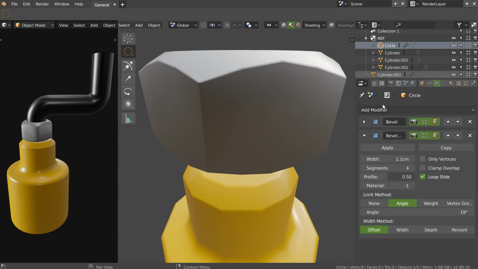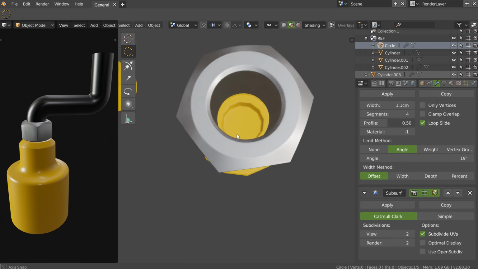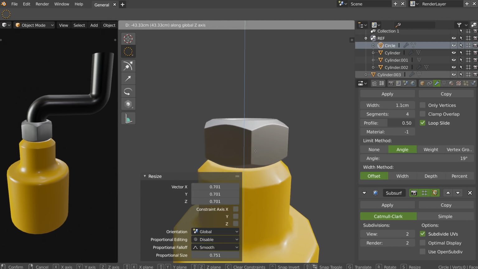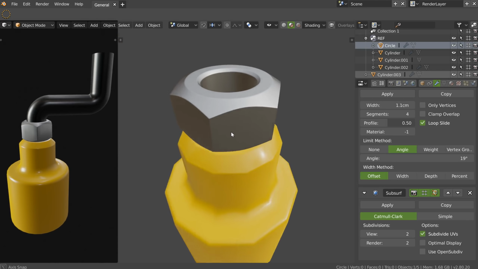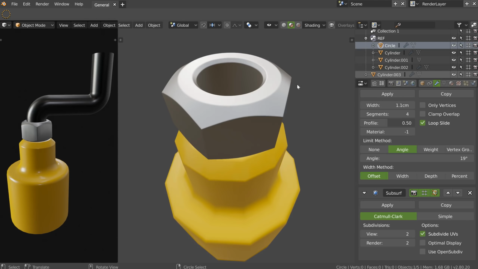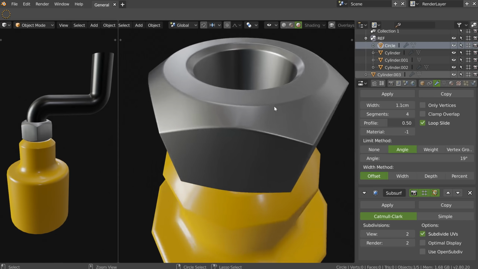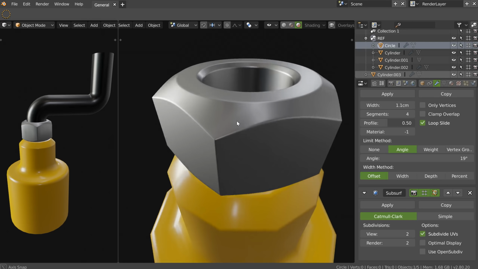I will add the subdivisions, yep, like this, 2. And this is how we must work, because having something editable is always good. It's always what we want to do. It's always what we need to do, because making hard with Control B, in my opinion, is not the good workflow.